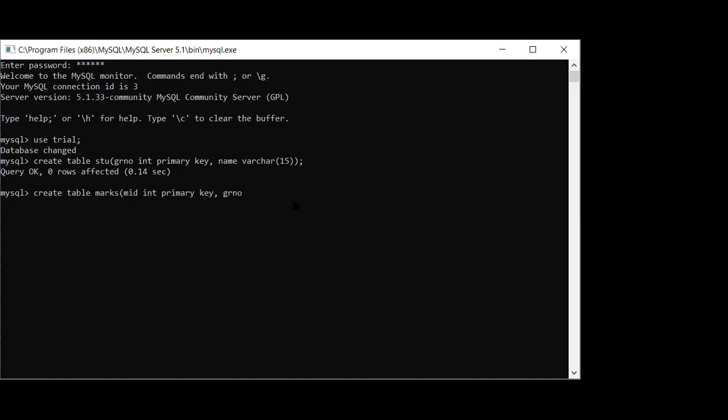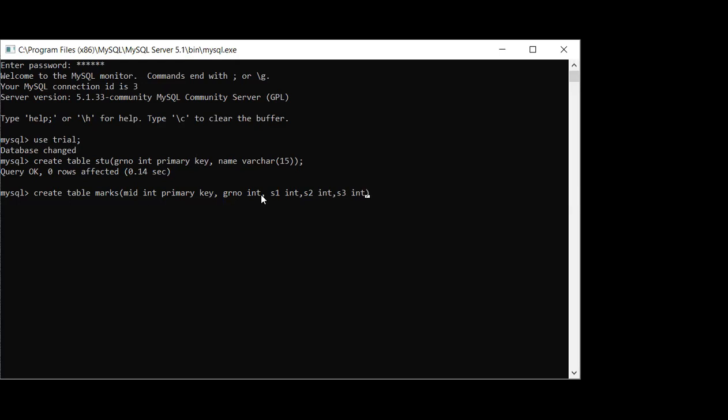Even you can change the name, it is your choice. And then see, it is compulsory that whatever its data type is over here, here also you take the same. Over here it is int, so it is compulsory that here also you take it as int only. Then for example, I'm writing 5 subjects. Subject 1, integer type, subject 2, again integer type, subject 3, again integer type, something like this. Then it is closed.